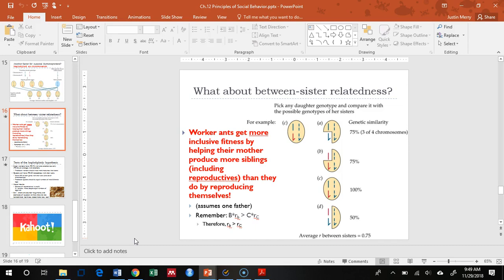Haplodiploidy, I think the thing that's really interesting about it is that it is this mechanism by which you can have really, really different relatedness coefficients than we get through the normal system. We're used to having 2 diploid parents. But now we've got this system here that because of the quirks of how haplodiploidy works, because they're getting all the same genetic information from their father, full siblings, sisters, end up with very high relatedness. On average, it's 0.75. And that's way more than we ever see. And so as a result, it becomes really beneficial to be supporting the production of new sisters. That's the great thing about it.